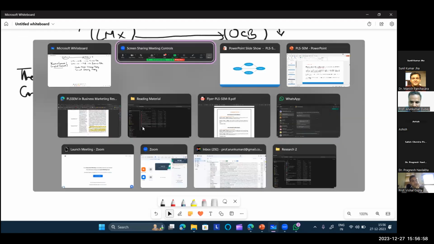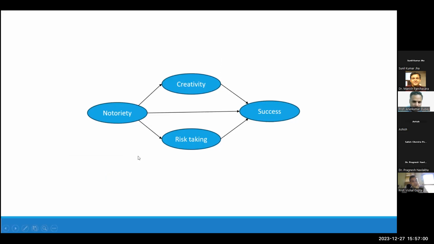And if I take you to my slide, actually this model is nowhere to be found in any of the literature. I just drew this model on my own understanding that notoriety leads to success. But before